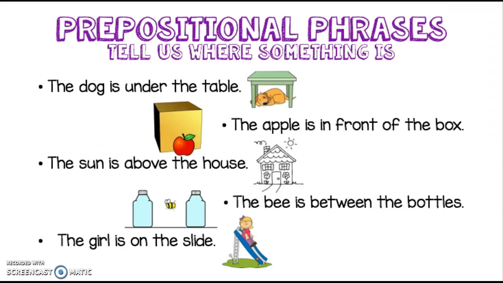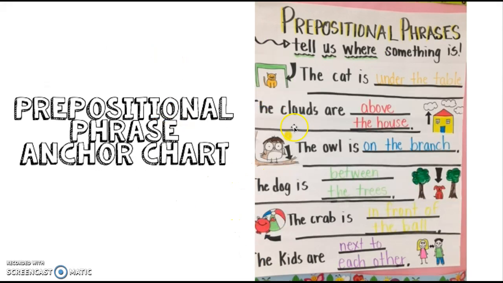Okay, so on day 4 then, you would talk about prepositional phrases. A prepositional phrase is a group of words that tells us where something is. So I would begin this activity, here is my anchor chart, with the prepositional phrases blank on the chart. So I draw the pictures, I have the sentence starter, and then they have to help me fill in the